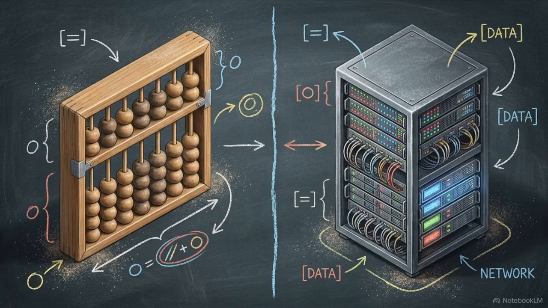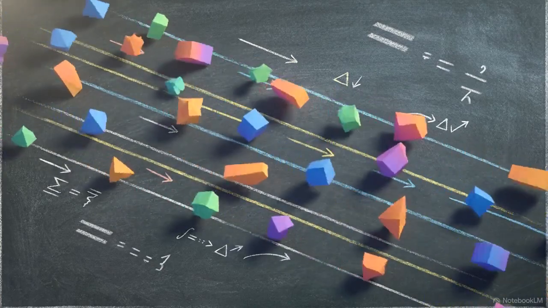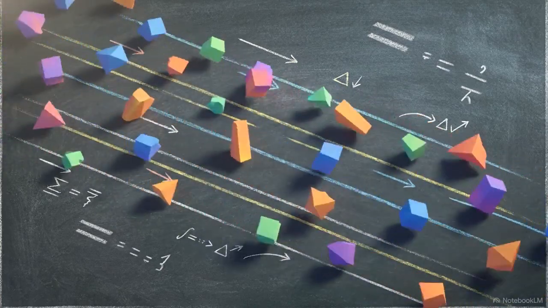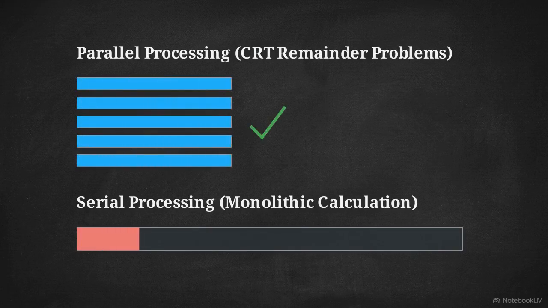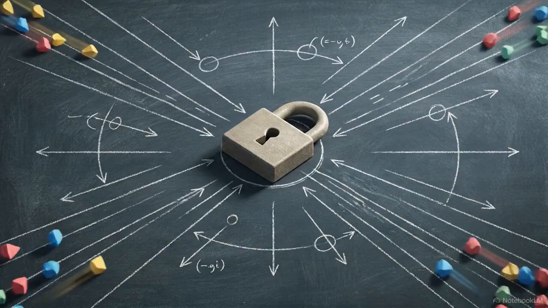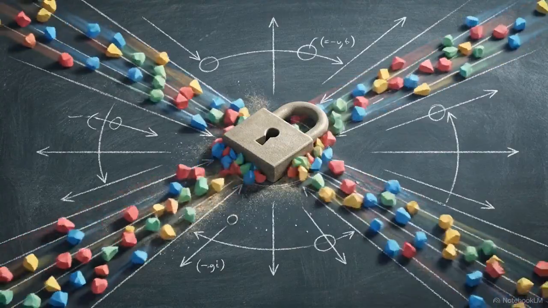Modern computers use this same remainder logic to handle RSA encryption keys. Instead of laboring over one massive equation, the computer breaks the large value into several smaller remainder problems. The hardware solves these smaller problems simultaneously in parallel, which is significantly faster than processing the original number in a single sequence. By solving these parallel fragments and recombining them, computers can reach the final answer while avoiding the computational